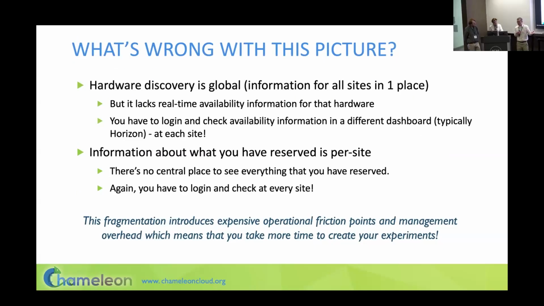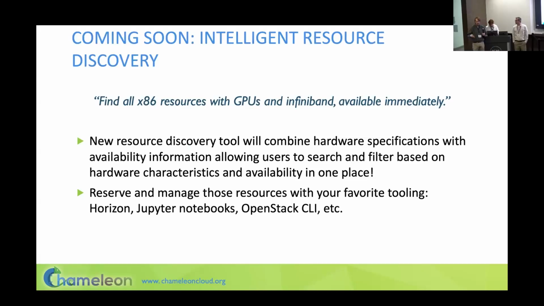Additionally, once you've reserved everything, you can't tell what's reserved at every site. So you've got to go to all the individual sites to see what you reserved here, what you have here. You can't see it in one place. So again, there's all this friction in the process. And as Chameleon is growing, we have NCAR, we have edge devices, we now have leases on our KVM site. It's getting very difficult to tell what experiment resources you have allocated to your project at any given moment.